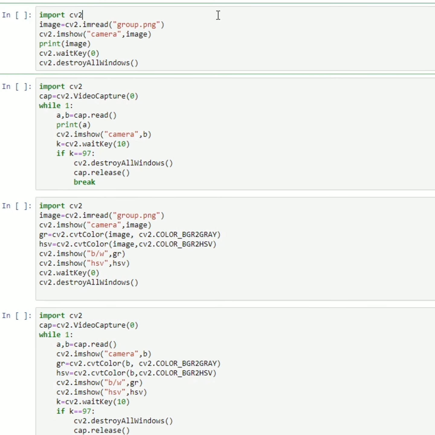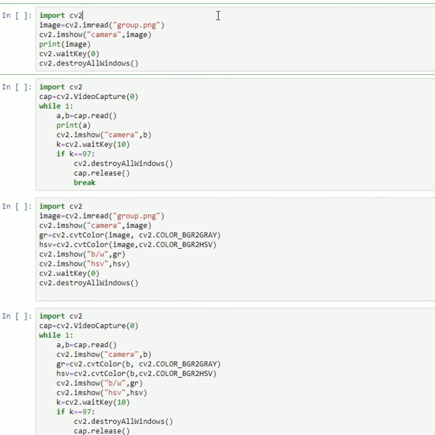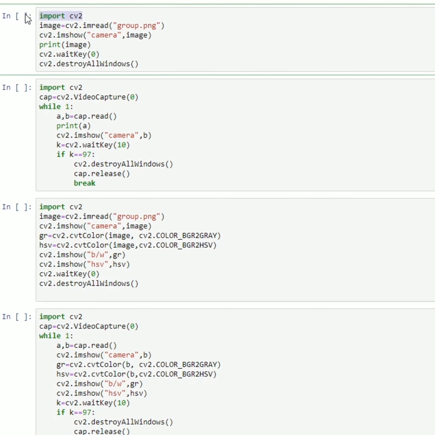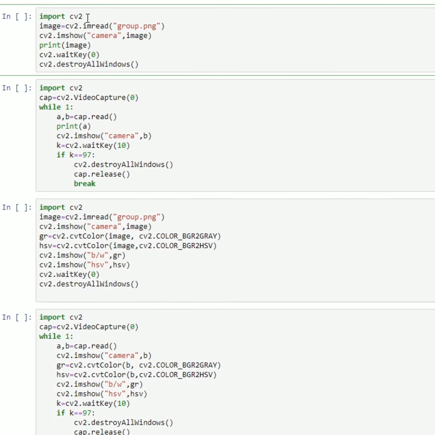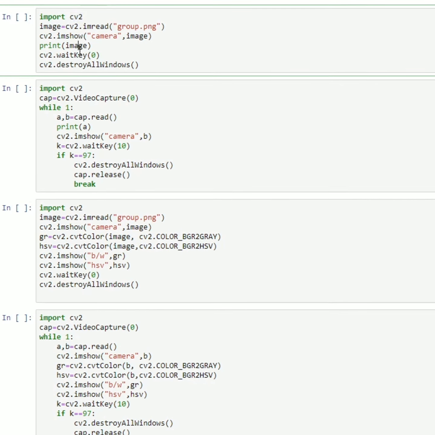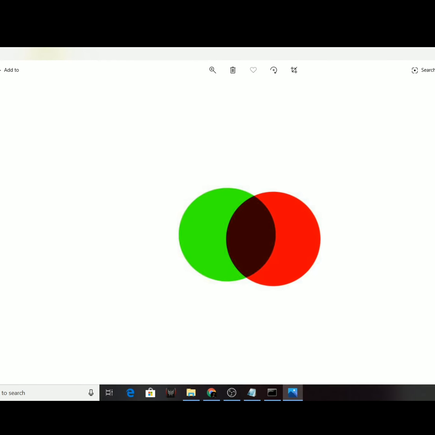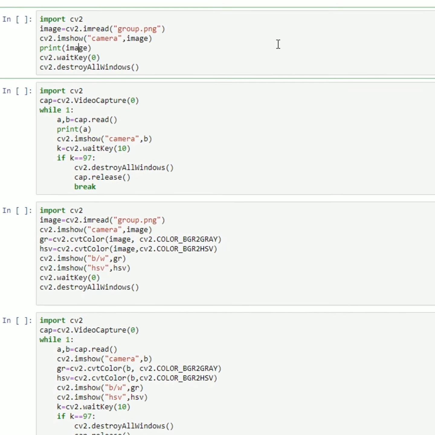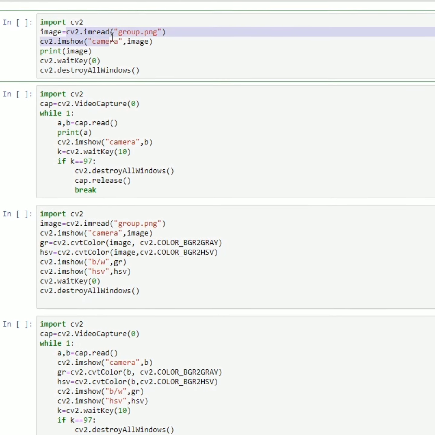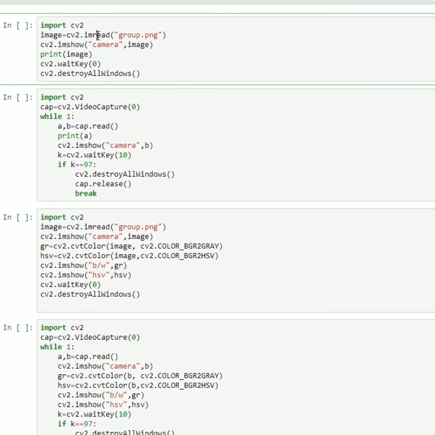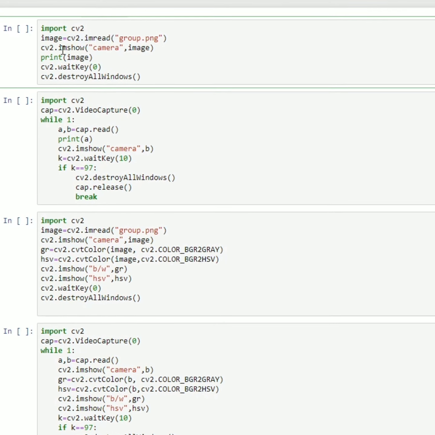Whenever you start coding in Python, whatever library you use, the first thing we will do is import the library so that we bring all the functionalities of this library to our code. And then if I want to open this particular image, what will I do? I double click it, right? Simple. But similarly, if you want to open this in code, you have to use a command called cv2.imread. This command will help to pass this image to this variable.